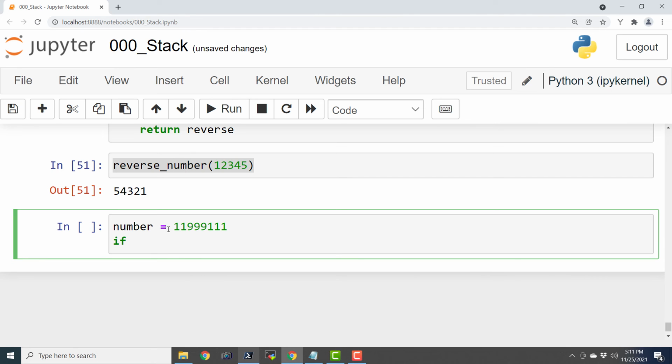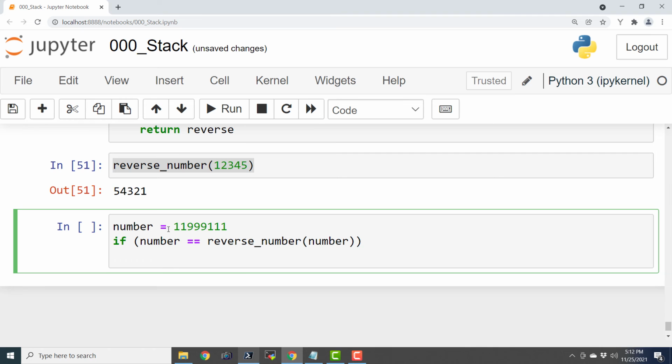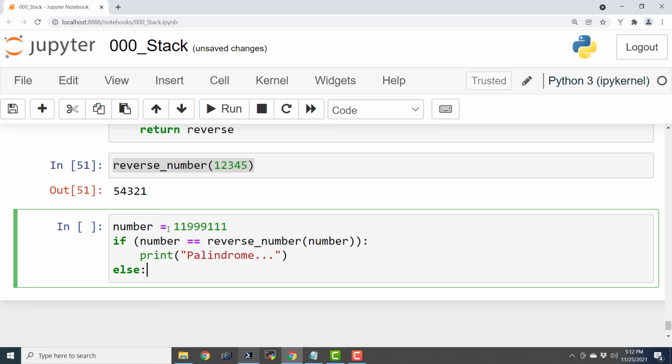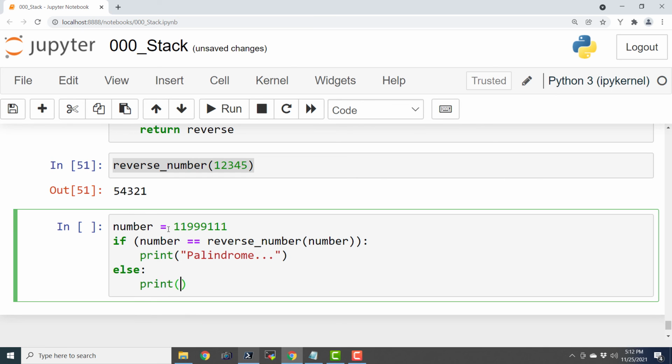And if number equals to reverse of number, print palindrome, else print not palindrome.